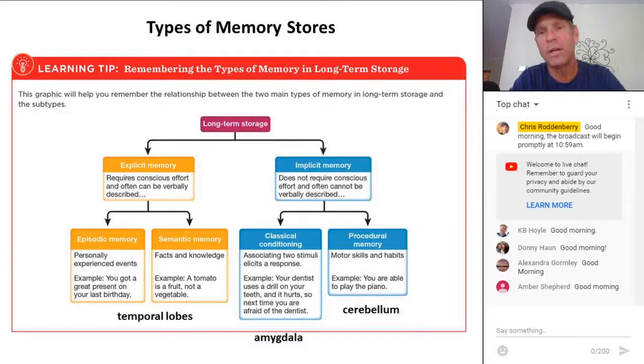Okay, so now your book's going to have an organizational chart in it, a learning tip, if you will, and I would like for you to be familiar with the different kinds of memories that we have identified and be able to associate them with the different parts of the brain. When we talk about long-term storage, remember I told you that's the third box of the Atkinson and Shiffrin model of memory. That's the third memory store, and that's where things go while you are waiting to use them. It's a non-conscious area where memories are stored that can affect your behavior.